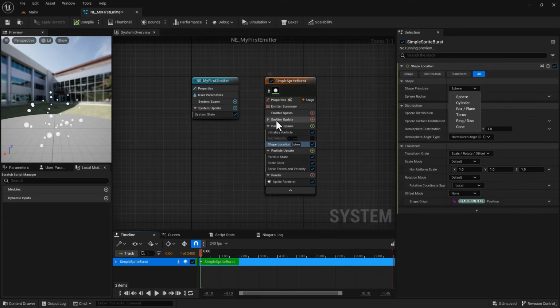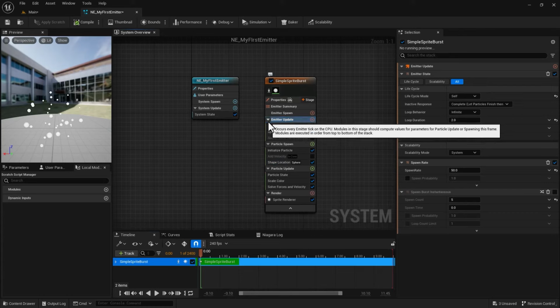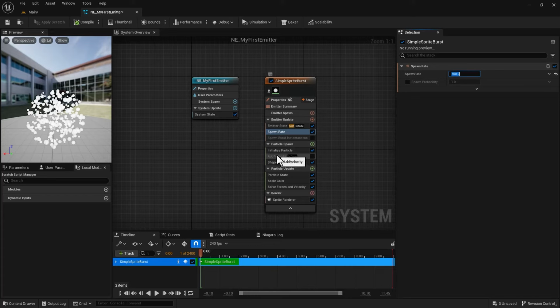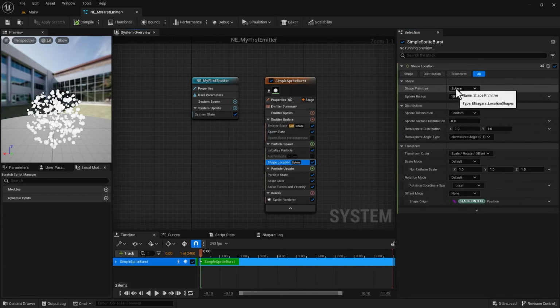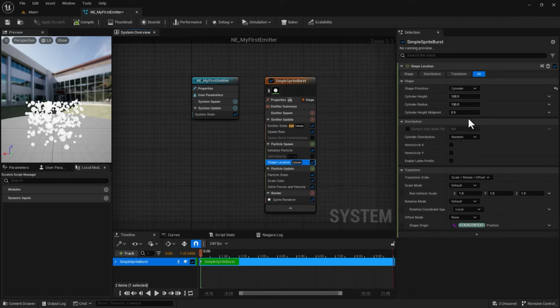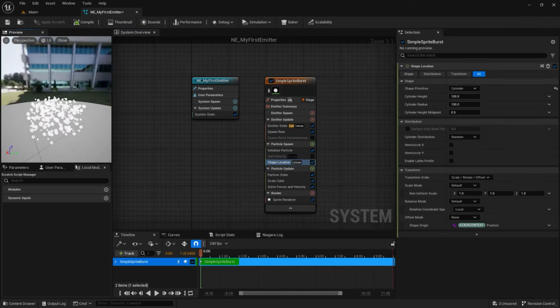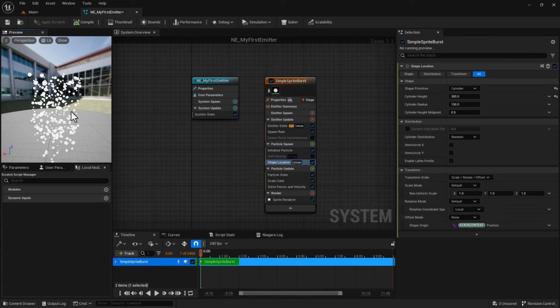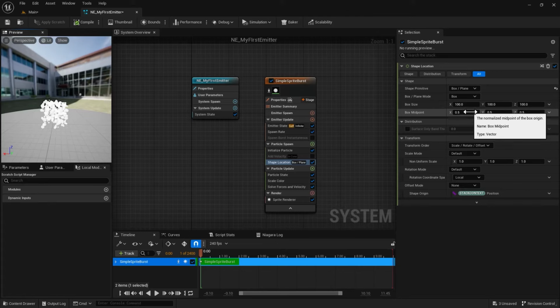I can probably go to emitter update and expand it, go to spawn rate and give myself more particles to work with. Let's say 300, maybe even 500. So you can kind of see the shape clearly. You can do sphere, you can do cylinder, and you can totally see the shape of the cylinder. If I increase the height to, let's say, 300, now you can see how easily you can create a cylinder looking particle emitter. You can do box, and of course every time you change those shapes you get all the